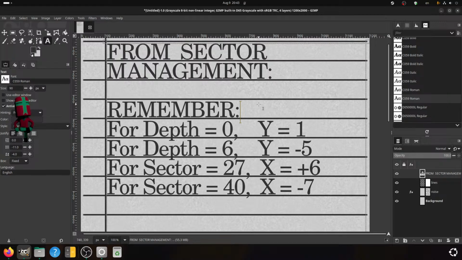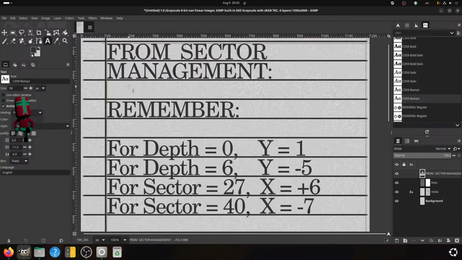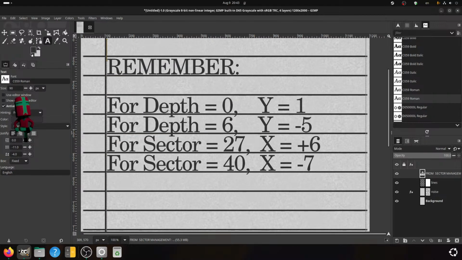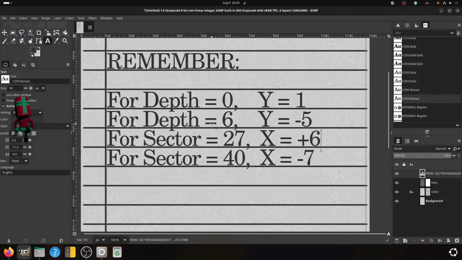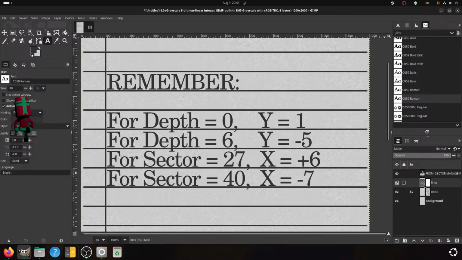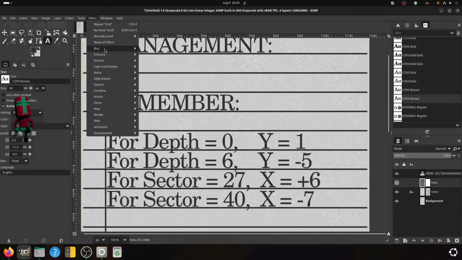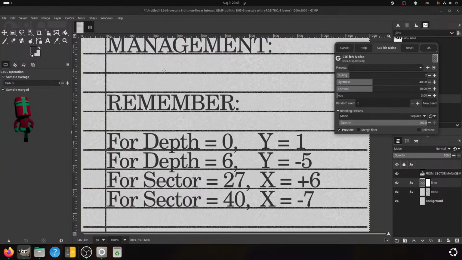Remember, for depth equals 0, y equals 1. For depth equals 6, y equals -5. Okay. I think I should also noise just a little bit of noise for you. Like 10.